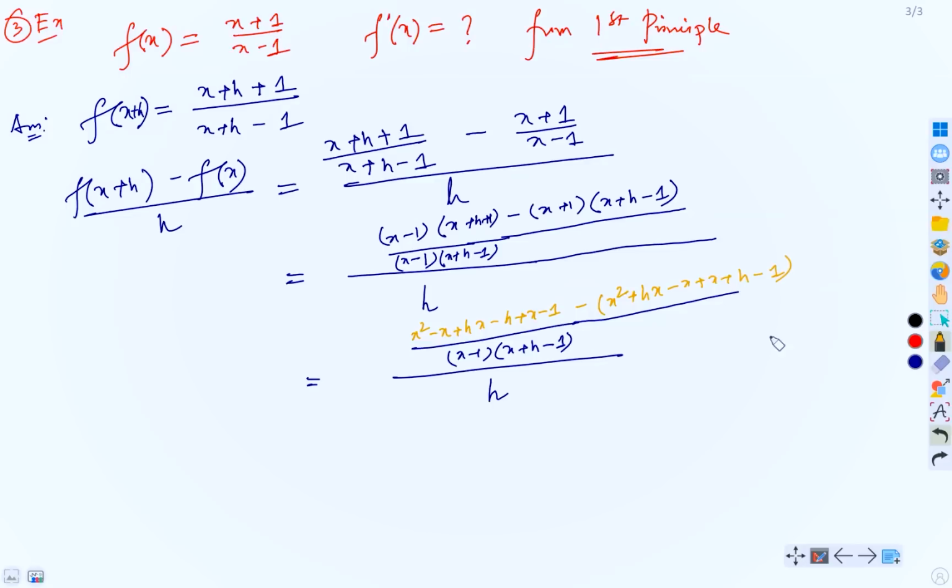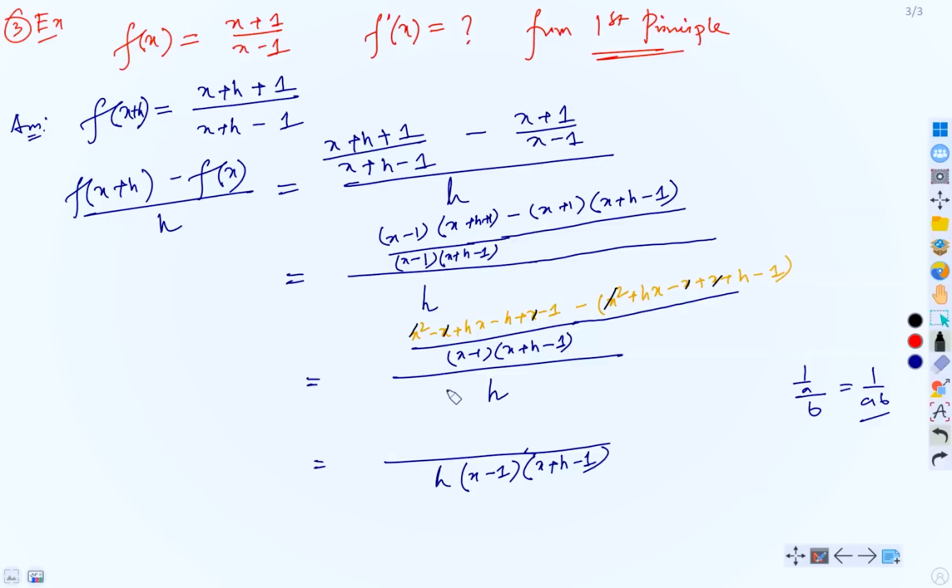Yes? Okay, now there is nothing so difficult here. You just have to simplify, and we can put this one in the denominator. Yes? 1 by a by b, this equals 1 by ab, right? And in the numerator, what we have? We have this x and x will get cancelled out. Let's use black color. This x and x will get cancelled out. Similarly, here also x and x will get cancelled out. And this x square will also get cancelled out.